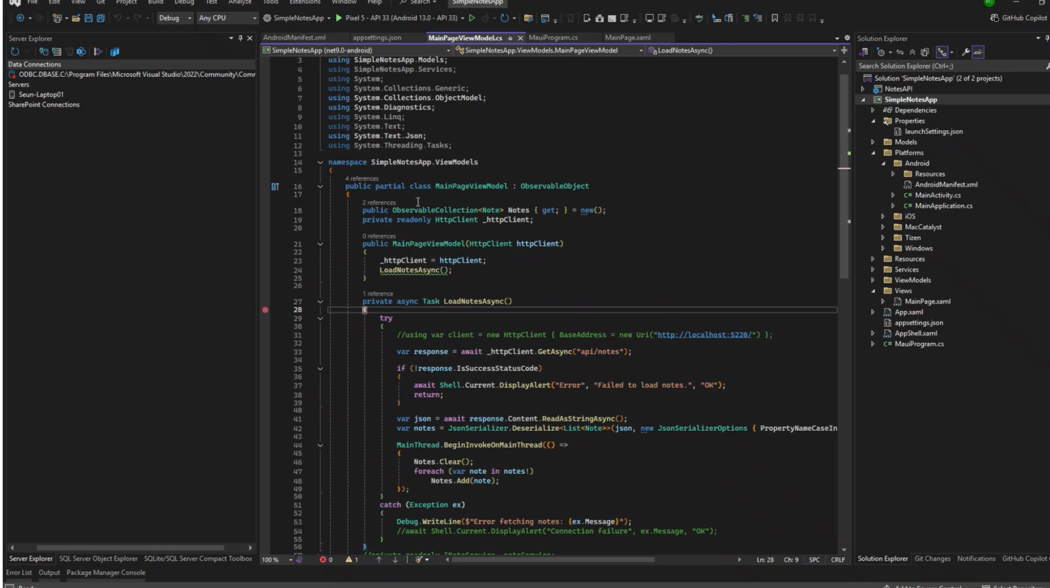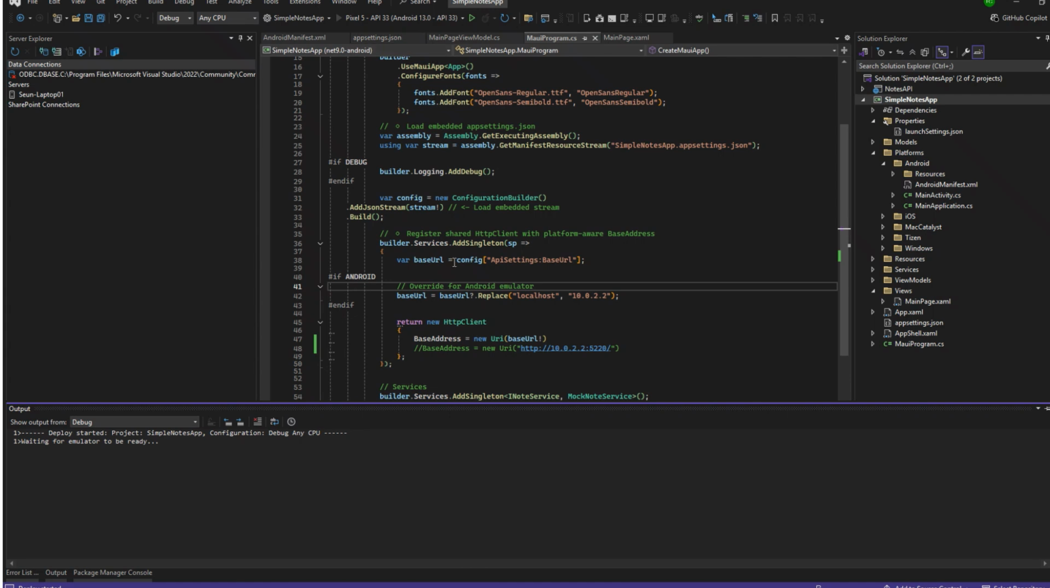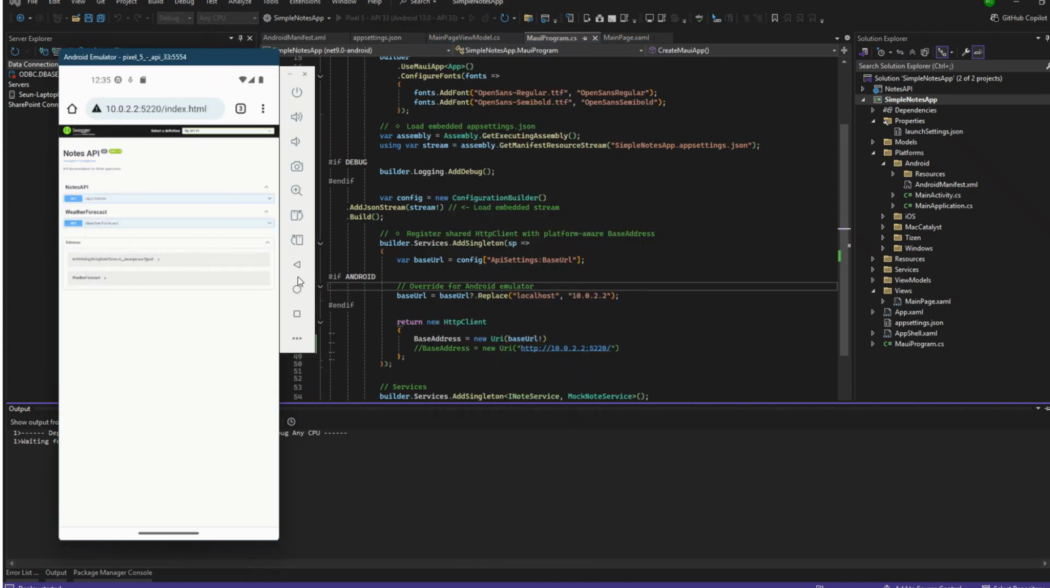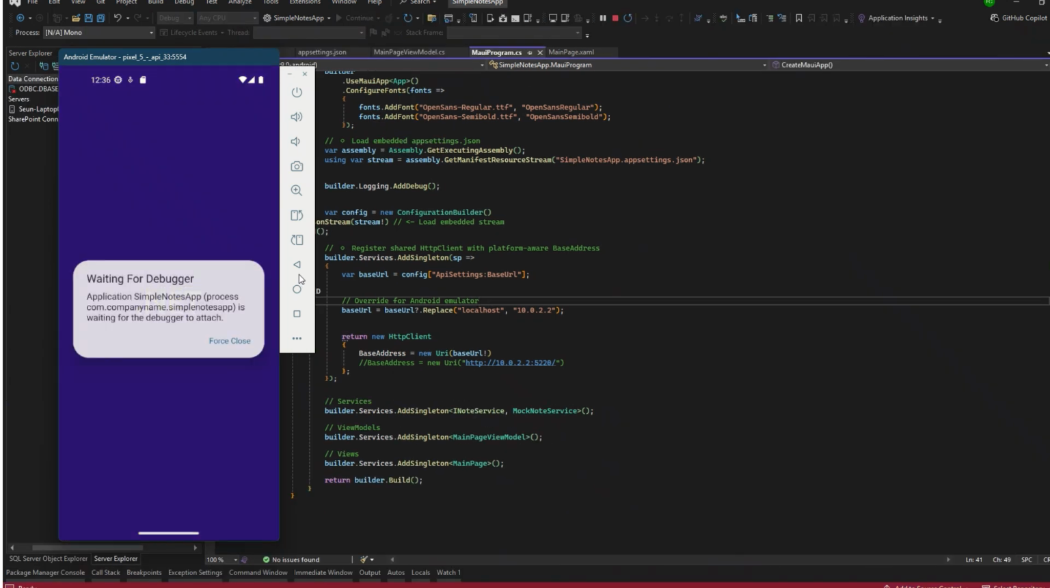So now after making that fix right in the MAUI program, I will just give the code a run to launch in the emulator, which again, it's on Pixel 5, API 33, Android 13.0. So we wait for it to fully load and hopefully this works. Yep, it's going